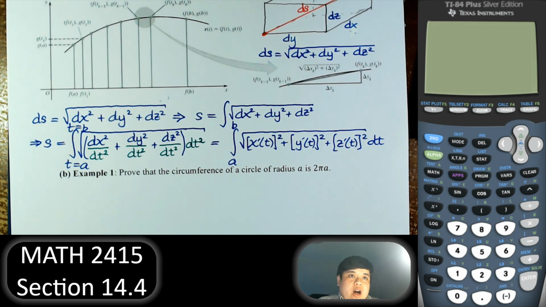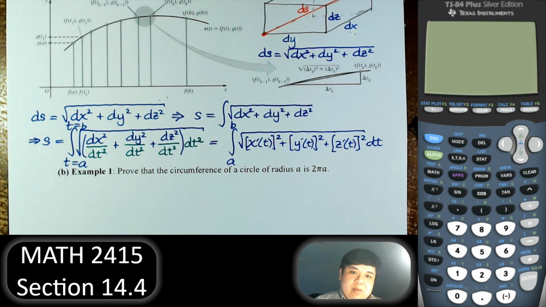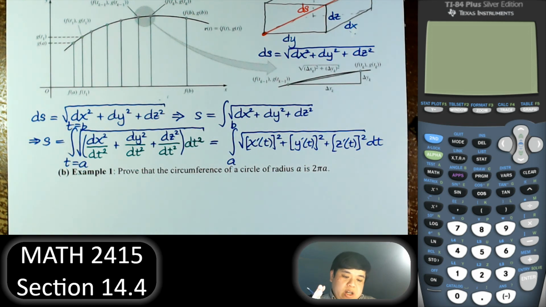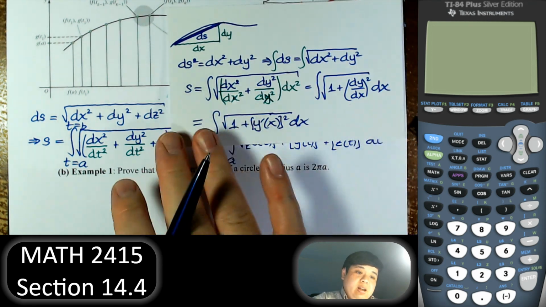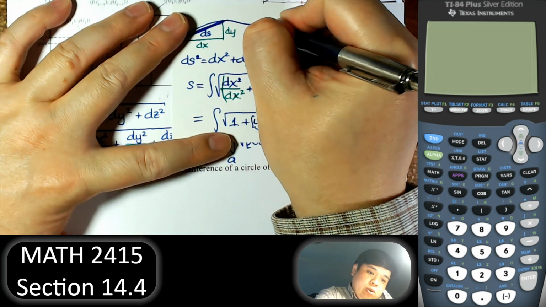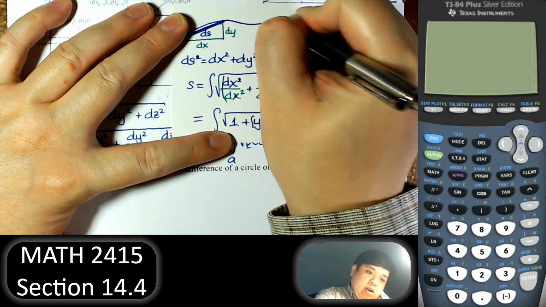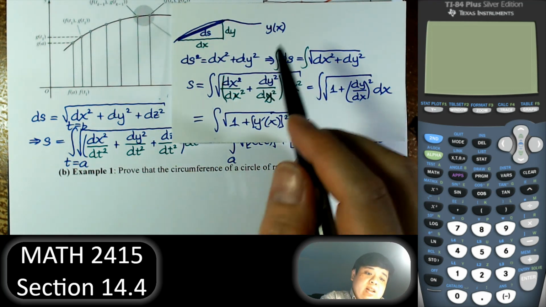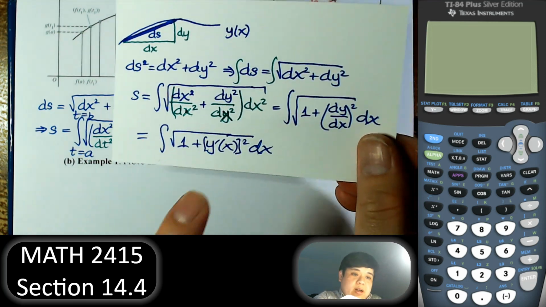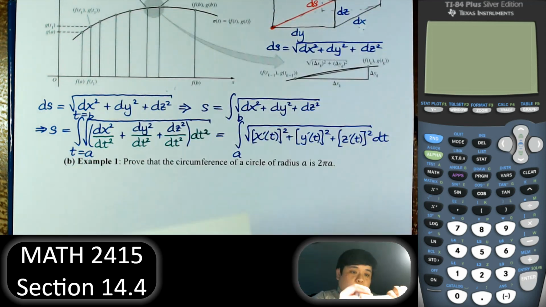Now, if we use the arc length here in Calculus 2 to try to prove that, this is very difficult. It's difficult to find the arc length using the equation of the circle. Right. So remember, we did show the equation for the arc length, for y as a function of x, is given in this form. If we use this equation with the circle,